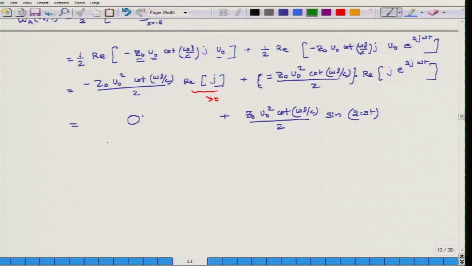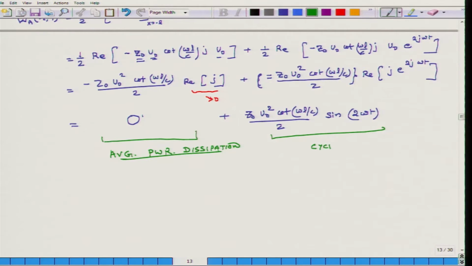So, what does this term represent? Average power. So, this is the power dissipation, and this is cyclic power flow. In half of the cycle you have positive power flowing, in another half you have power flowing back to the system. So, what this means is that if you have a closed tube